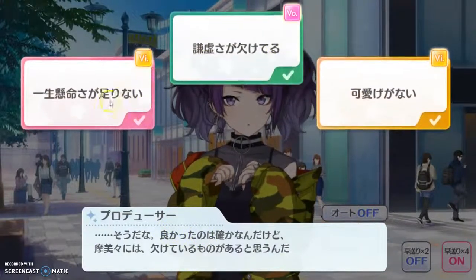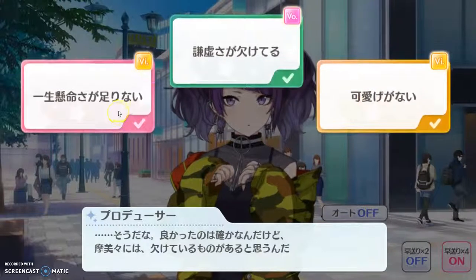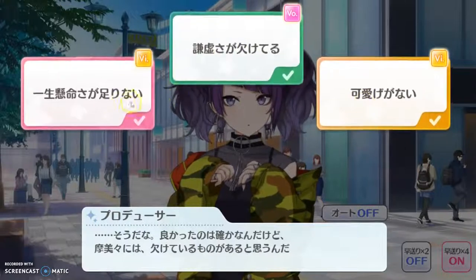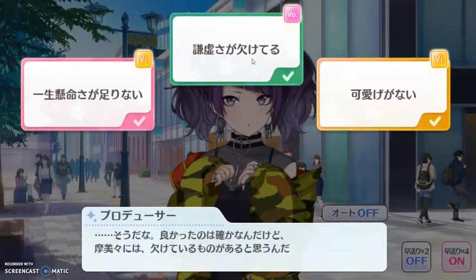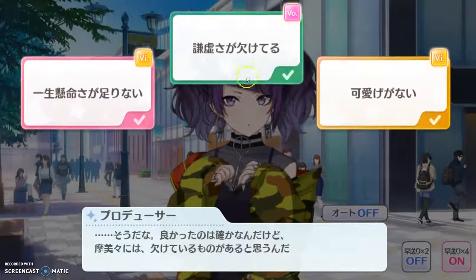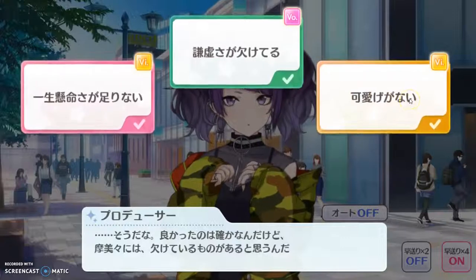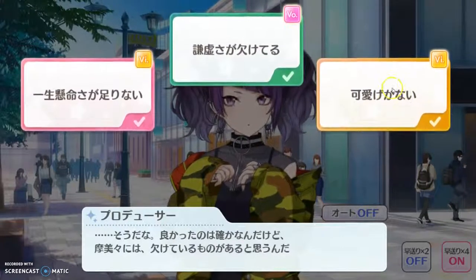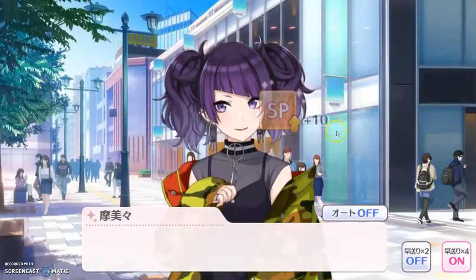the notebook will use also those kinds of answers. Those will not increase the bond of your girl, but it will increase one of the stats of your girl. So, for example, those 2 answers will increase the visual stat of Mamimi here, and this will increase vocal, for example. Since I want Mamimi to focus on her visual during this run, I'm just going to choose either one of the visual answers. And she got 20